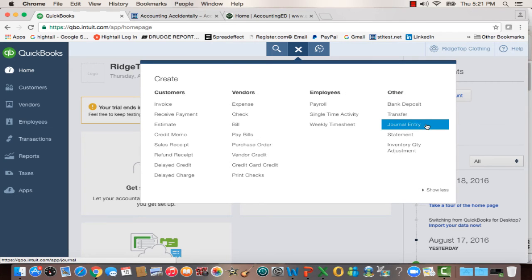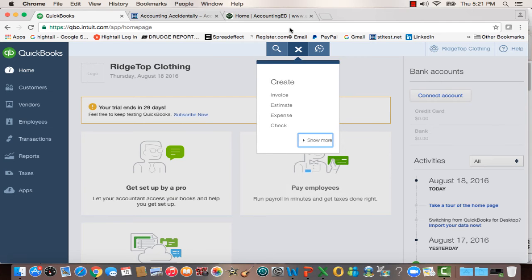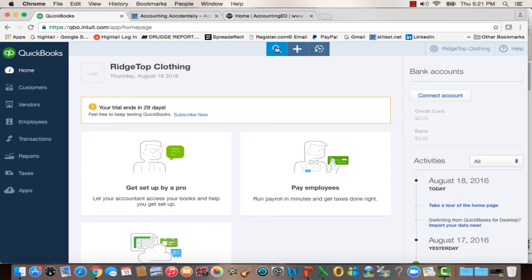I will do a lot of journal entry work in these videos because I think it's easier to see than using a lot of the shortcuts. So that's the plus sign. I'm going to hit show less. What if I click on the